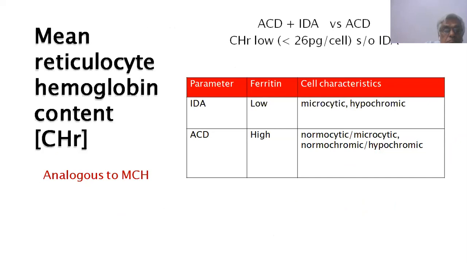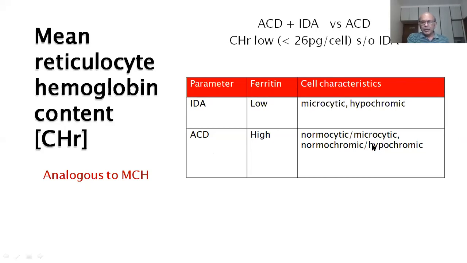The next parameter is the content of hemoglobin in the reticulocyte. So it is analogous to the mean corpuscular hemoglobin. What you are dealing with here is mean reticulocyte hemoglobin. And what is the advantage of this parameter? In clinical practice, there is one situation which is often difficult to differentiate. You have patients of iron deficiency anemia where the RBCs are microcytic and hypochromic. Patients with anemia of chronic disease, for example, patients with celiac disease or any other inflammatory disease like systemic onset JIA or even inflammatory bowel disease, usually have microcytic hypochromic anemia. Occasionally they can have normocytic normochromic anemia.